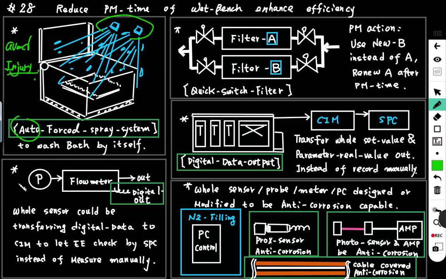And the equipment engineer usually manually measures the flow rate with the pump or the purge device during PM time. If we use a flow meter capable of sending out a digital signal, and we buy the workbench equipped with it,